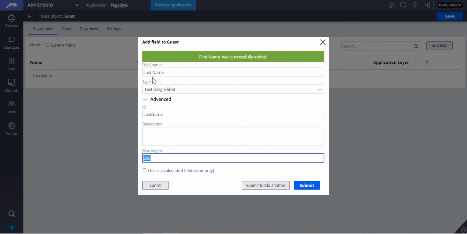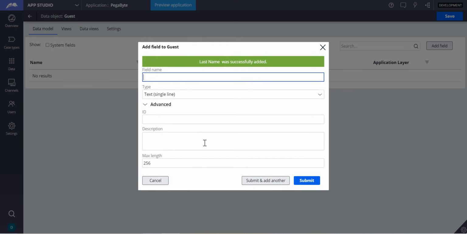The max length for last name is 256. You can change that to 13, 20, 40. It's up to you. Whatever your data dictionary or project requirements are, you can restrict to that particular length instead of taking 256. If I say it is 25, then your last name will not have more than 25 characters. So I'm taking the number of characters as 25, and submitting another one. I submitted first name, last name, and now I'll go with date of birth.